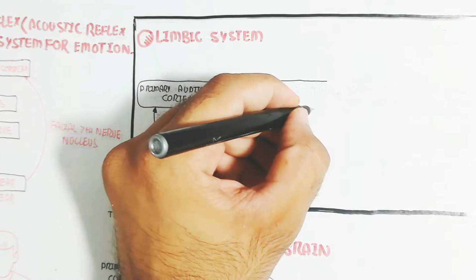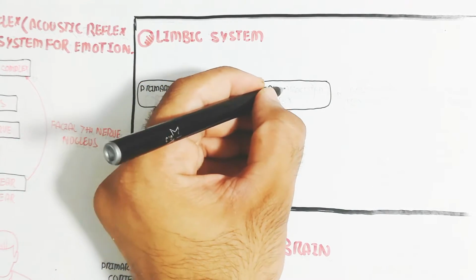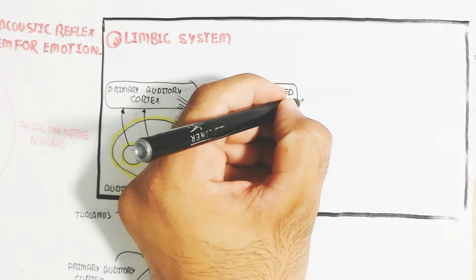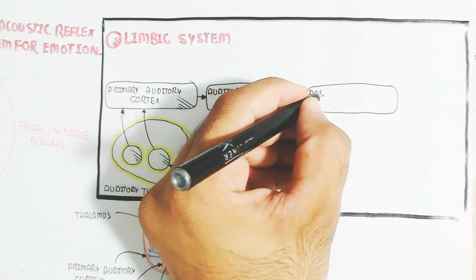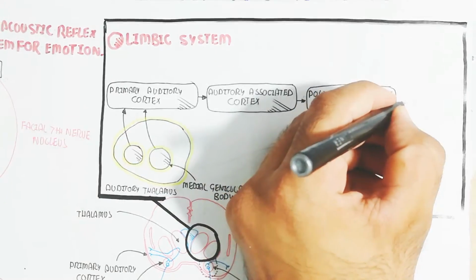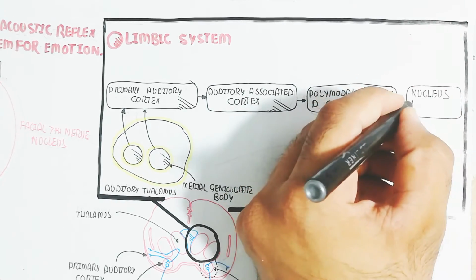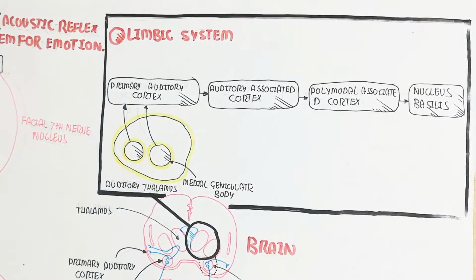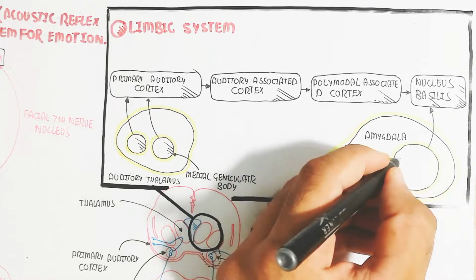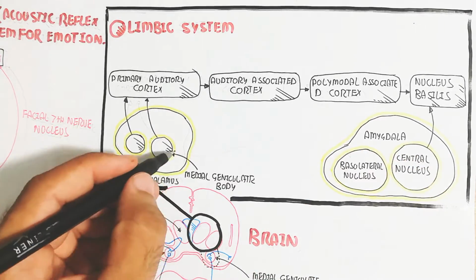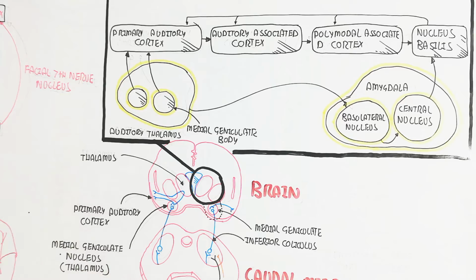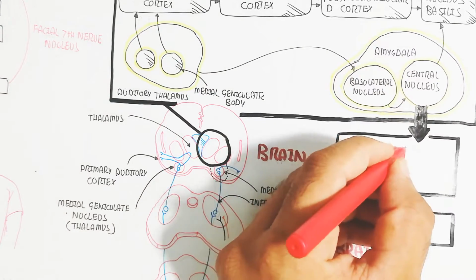This primary auditory cortex transmits the signal to the auditory associated cortex. The auditory associated cortex transmits the signal to the polymodal associated cortex in the limbic system. This is a limbic system part and will transmit the signal to the nucleus basalis, and this nucleus basalis also receives the signal via a central nucleus. This central nucleus receives the signal from the auditory thalamus to the basolateral nucleus, which transmits the signal to the central nucleus for processing, and in this way the nucleus basalis intercorrelates with the primary auditory cortex, auditory associated cortex,